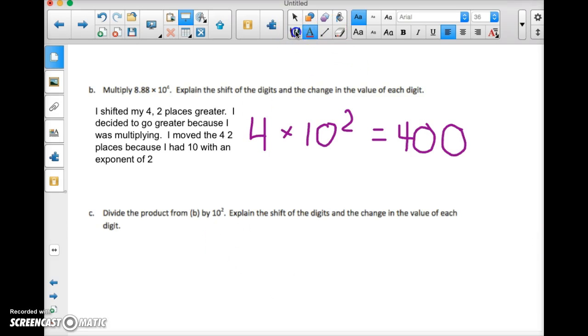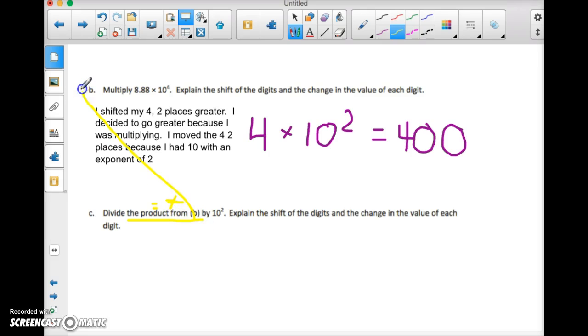This is a part that a lot of people had trouble with simply because they didn't pay attention to the directions. It says divide the product from B. Well, product is the answer to a multiplication question. B is this question B right up here. So the answer to the multiplication question, my answer is this, your answer should be to this. That is what you are going to divide by 10 to the second. So whatever your answer was for up here for this problem, let's go ahead and write that down here,